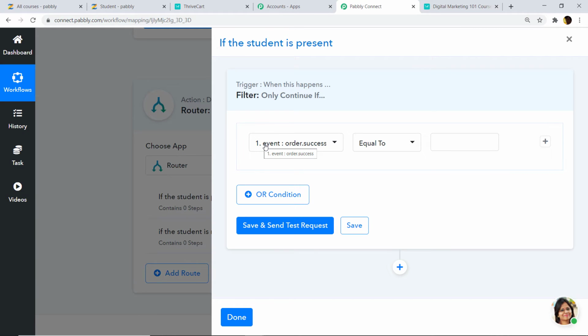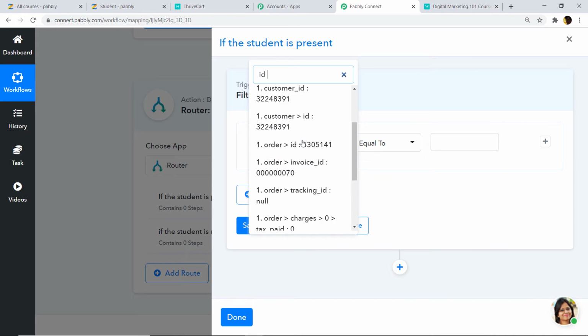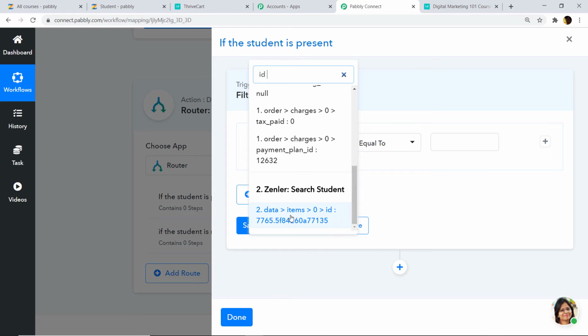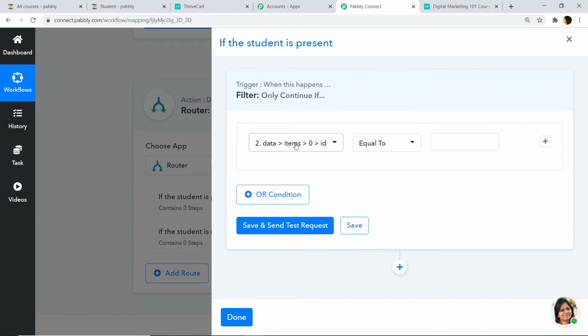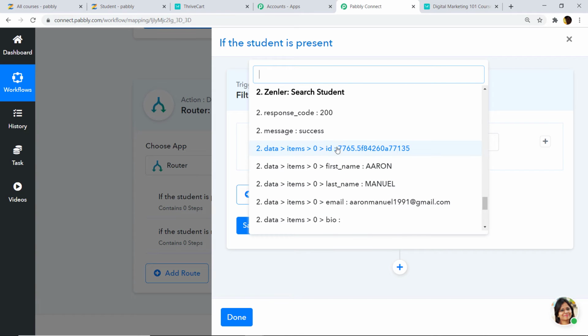If this ID is present or if this ID exists, then it should show success. For example, just click this. Here we are going to type in the ID. The ID that we received is this one, when we had searched for the student. So this was the ID. Okay, we have entered the ID. Let me again tell you, this is the ID that we have received.